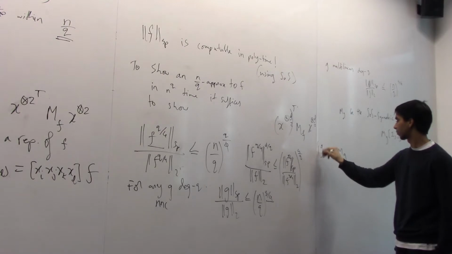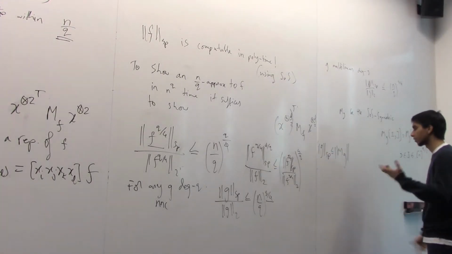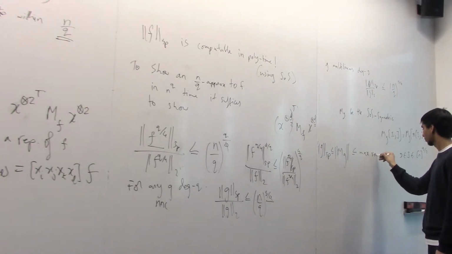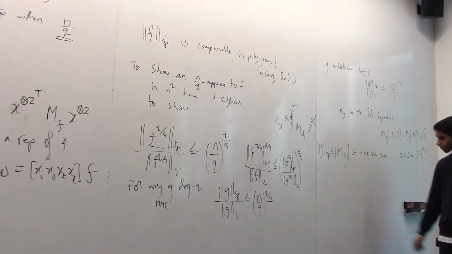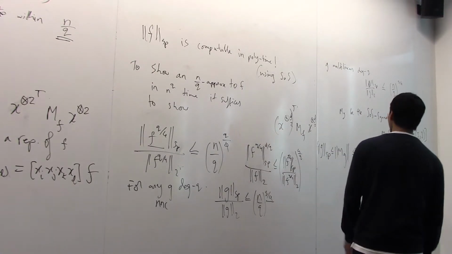Now again we have that the spectral norm of G is at most the spectral norm of this SOS symmetric representation, which is at most the maximum row sum, which is just Perron-Frobenius or the Gershgorin circle theorem. Okay. Now let's try and lower bound the true norm of G,